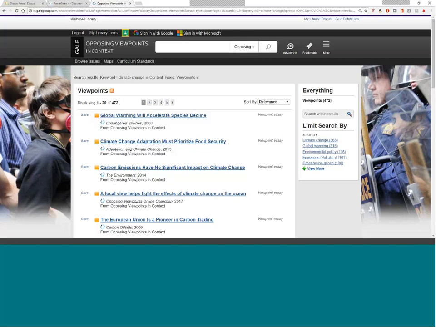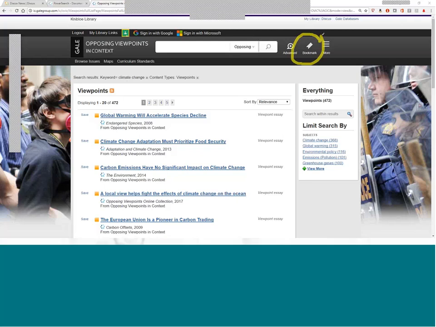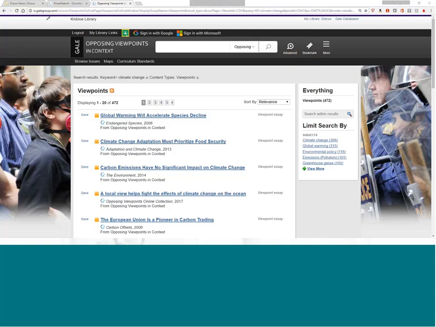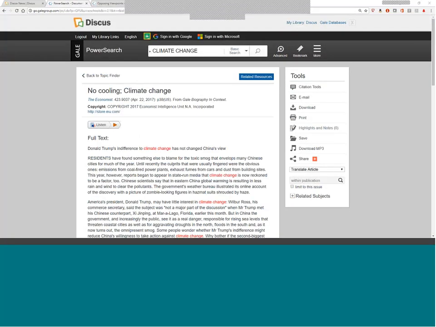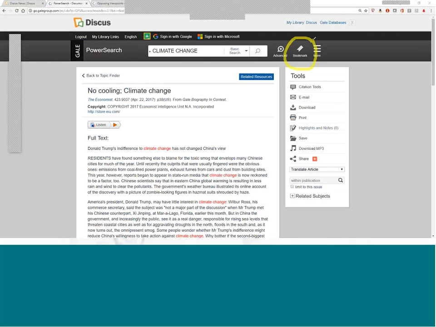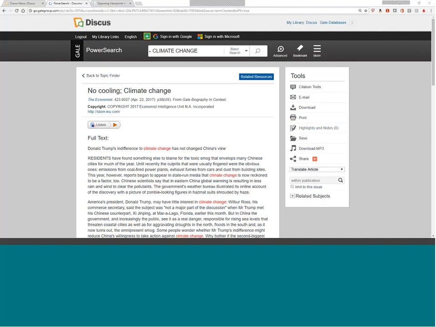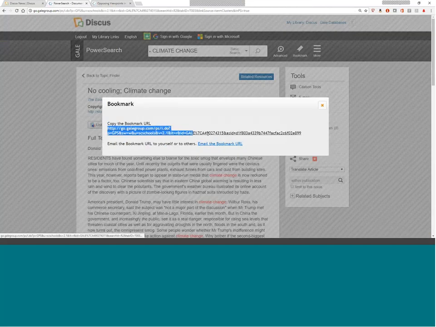Let me show you. Whenever you're in a database, you're going to see a bookmark tool at the top of the page. It's here when we're in Opposing Viewpoints in Context. It's here when I'm in Power Search. All I need to do is look for it. And whenever it's there and it's enabled, meaning I can click on it. If it weren't available, it would be grayed out and I wouldn't be able to click. But if I can click on it, what it's going to give me is a persistent URL or PURL